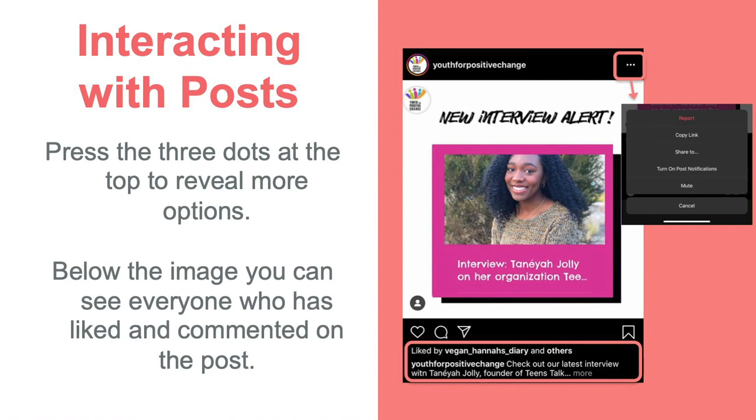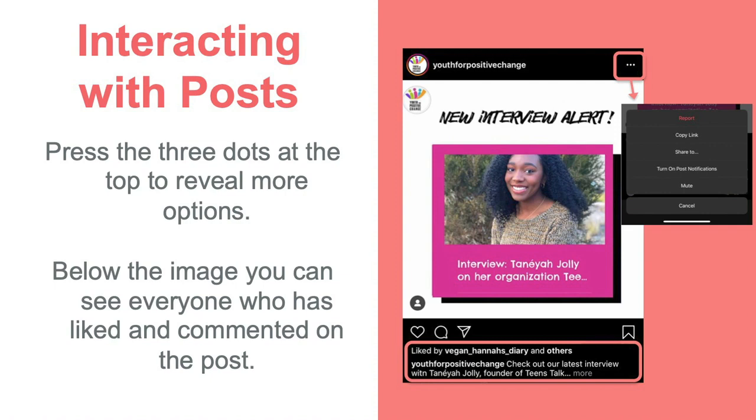So as we were talking about before, if you like or comment on someone's picture, that will appear visible to everyone. As we can see on the bottom of this exact post on the right of our screen, we can see how many people have liked it, and further down, if you were to actually be on a real screen, this is just a screenshot, you would be able to scroll through everyone's comments and read them that way. So yeah, that is public information, but the three dots are kind of giving you more options on what to do with the picture.